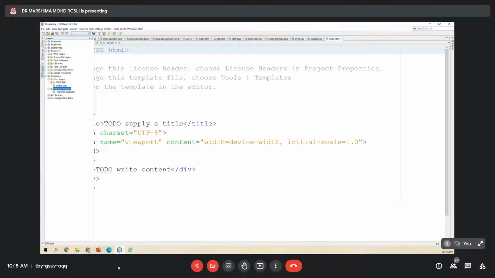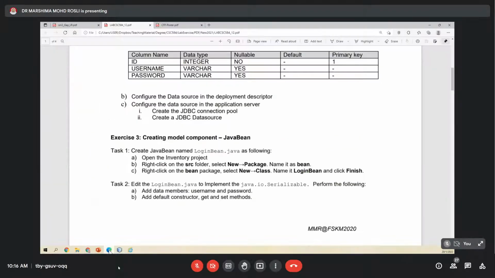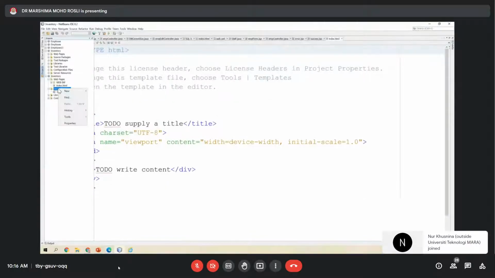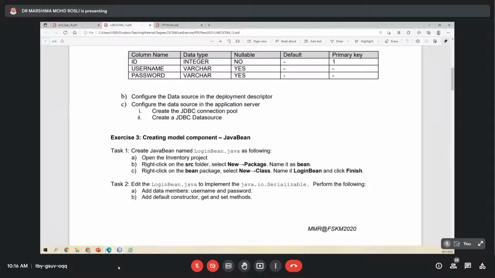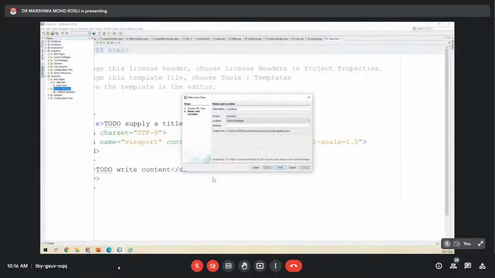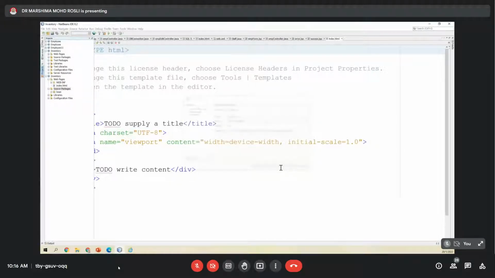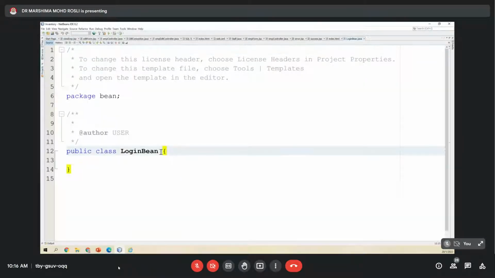LoginBean. Okay, create a LoginBean. So this is the model component. Then the data members will be username and password. New Java class, LoginBean, package bean. Okay, click on finish. Right, so this one implements